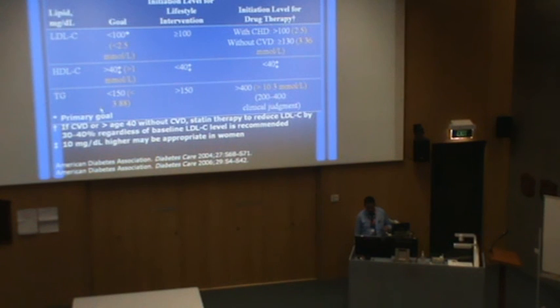So it's believed you should keep it less than 3.88 according to these guidelines. And it's believed you should start treatment at all costs if the triglycerides are more than 10. But there you go. We have a gray zone between 3.88 to 10.3. And it doesn't really say what to do if the triglycerides are between 3.88 millimoles